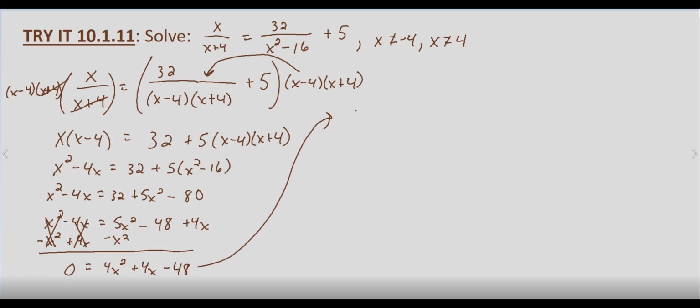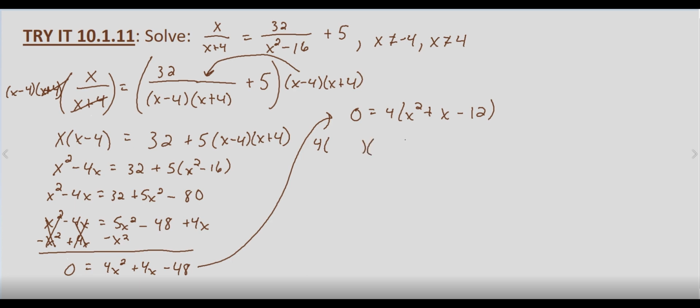Now if you'll notice with that, we can factor out a 4. So this would end up being 0 equals 4 times x squared plus x minus 12. The 4 would end up canceling. If we factor, we want to see what two numbers multiply to negative 12 and add to 1, because that's the coefficient on x. I'm going to go ahead and write it back on the left-hand side and have it equal to 0. So we have 4 times,